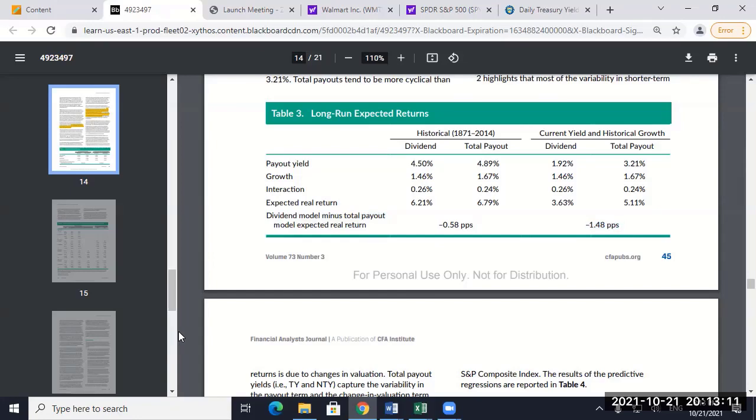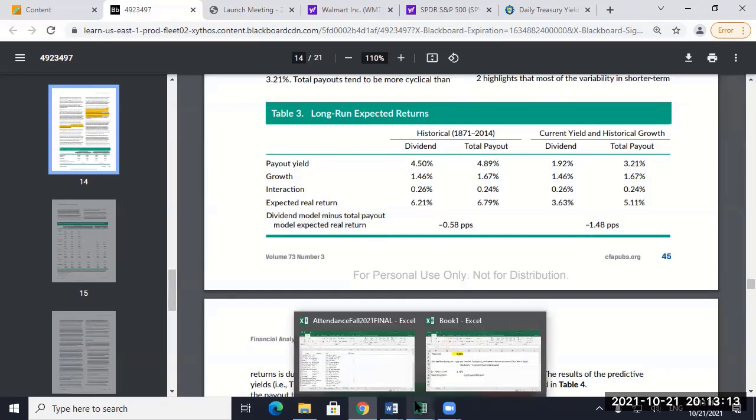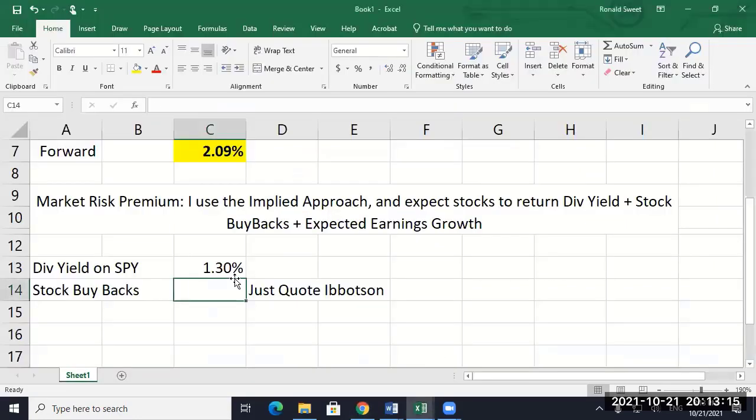So the question is, have buyback yields dropped in the last few years? Have companies changed what they're doing? Some of your firms, you can just see, are still doing pretty significant buybacks here recently. Cash flows are pretty strong. COVID probably undid some of that. I'll go with the 1.5.